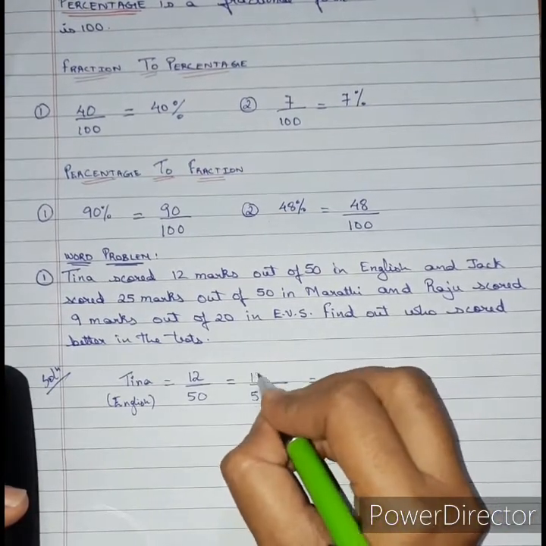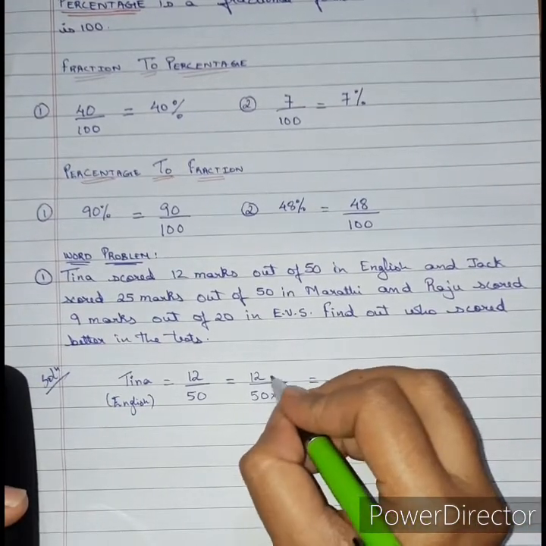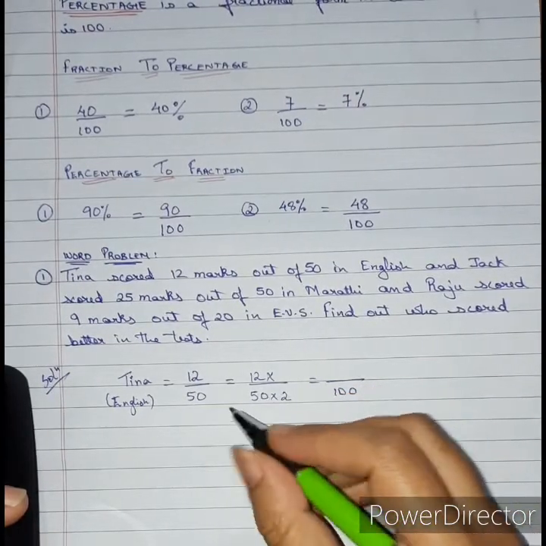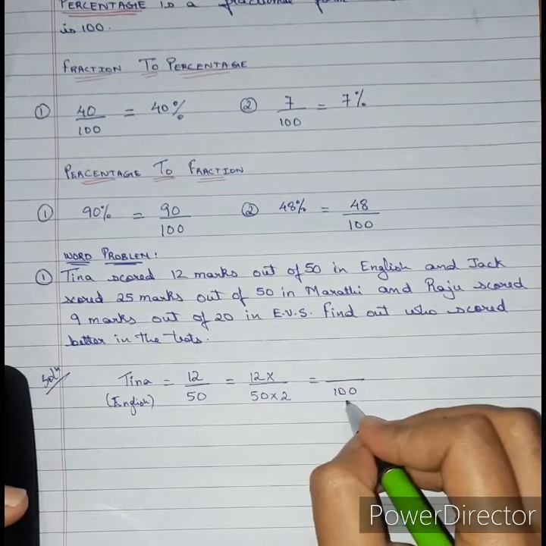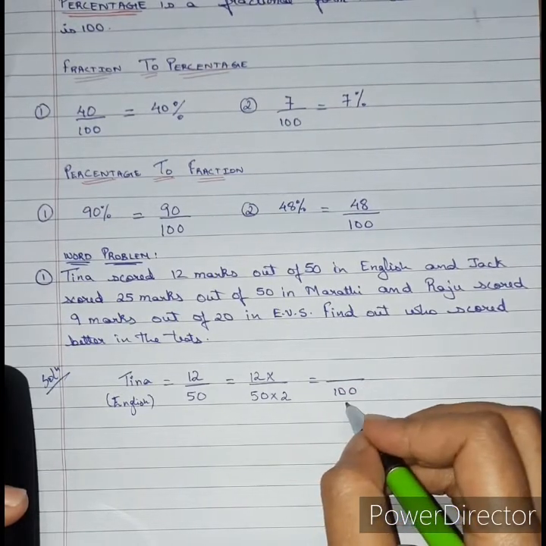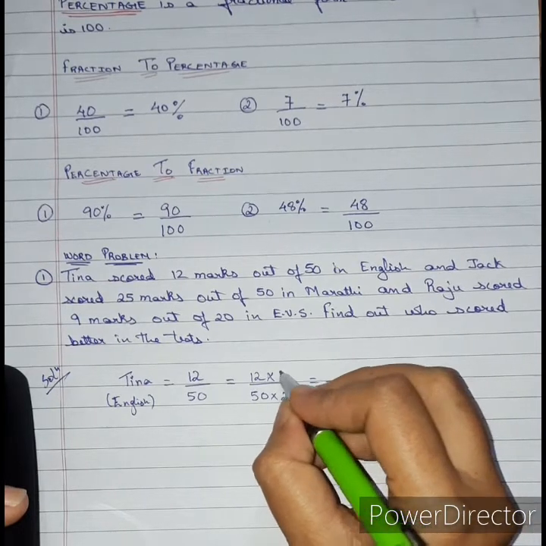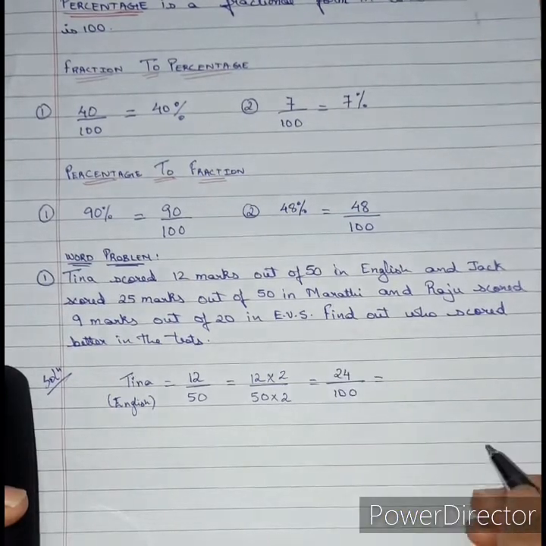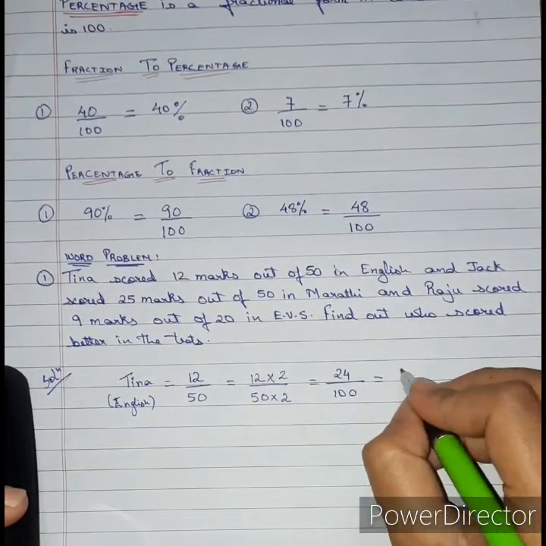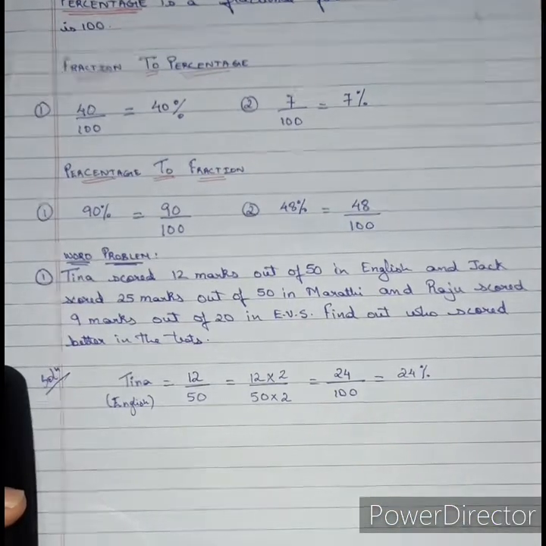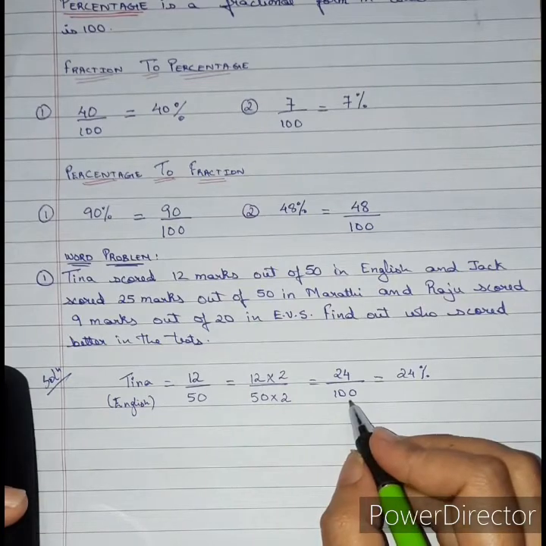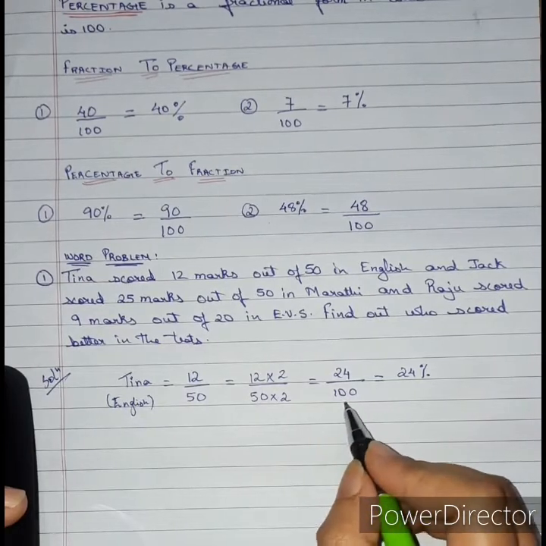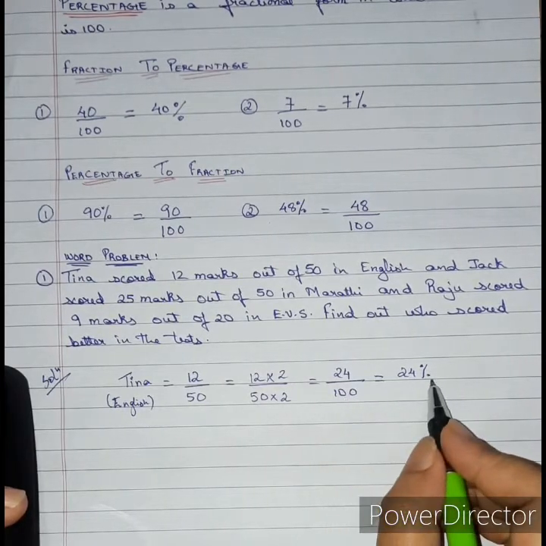Okay. Now since you have the denominator, take the same number on top. So remember we had done fractions the same way, but this is only one fraction we are doing at a time. But we know what denominator we need. So 100 should be the denominator. So since you have taken 2 down, take the same number on top. 12 twos is 24. Now can we write the percentage? Yes. So 24 upon 100 means it is 24%. We have to make it 100. Okay. It can be out of any marks, 20, 10, 50, 100, whatever. But the denominator should come as 100 before we get the percentage.